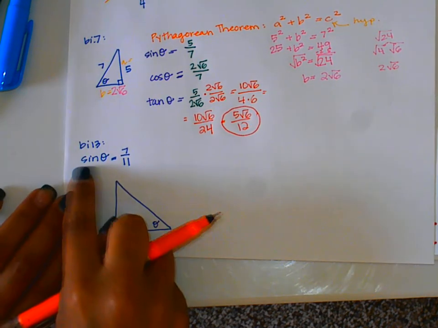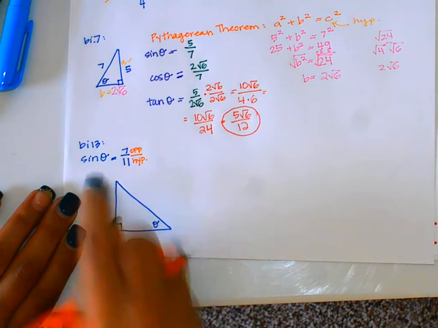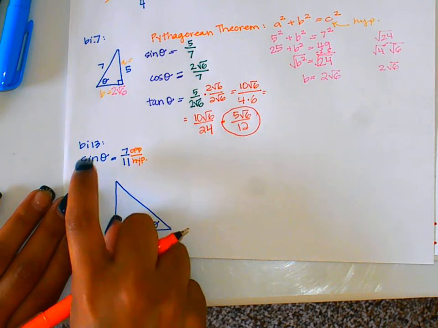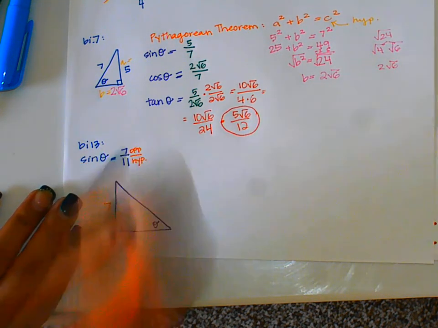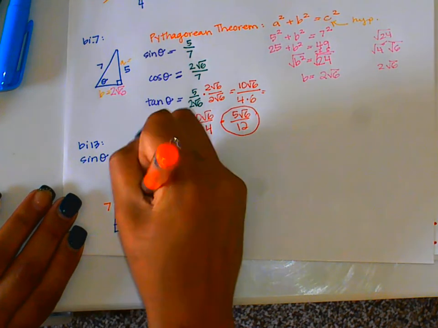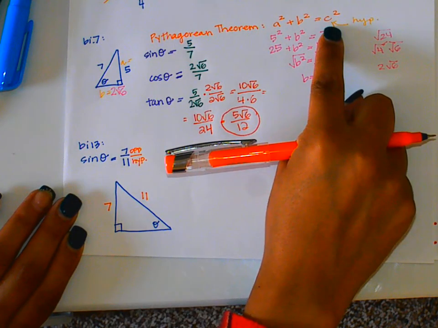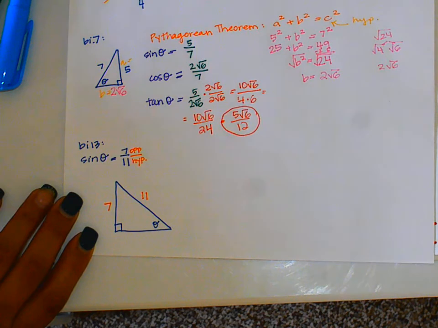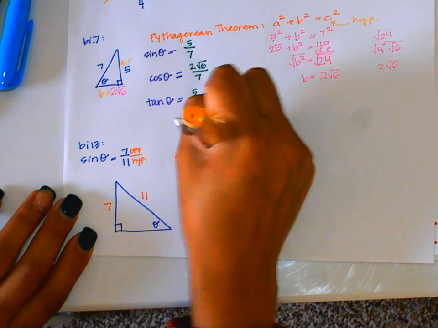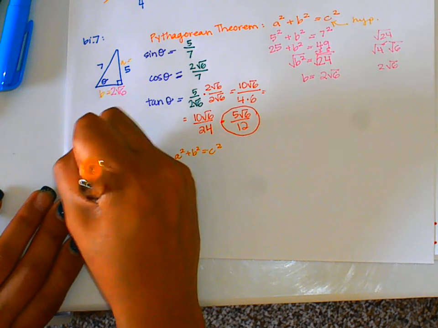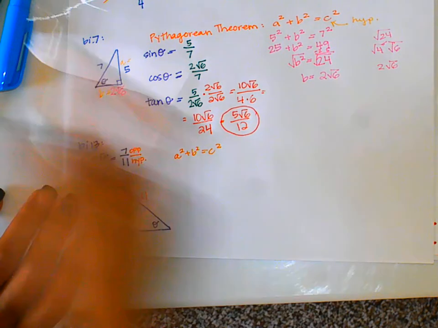Now, with sine, we know that this is opposite over hypotenuse, because this is the SO of our SOHCAHTOA. So sine is opposite over hypotenuse. So that means that the opposite of this is going to be 7. The hypotenuse is going to be 11. So again, we're missing one of the sides, so we have to do the Pythagorean theorem again. So we can name these A and B again, as long as this is always your C, because it's your hypotenuse. When you plug these in,